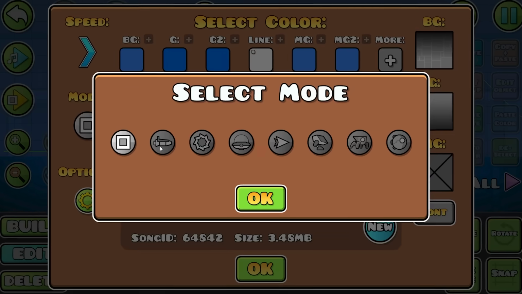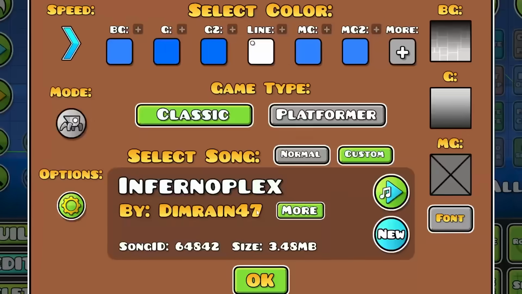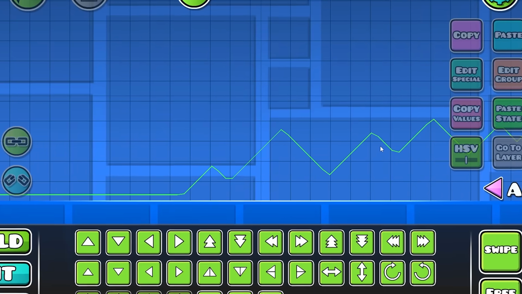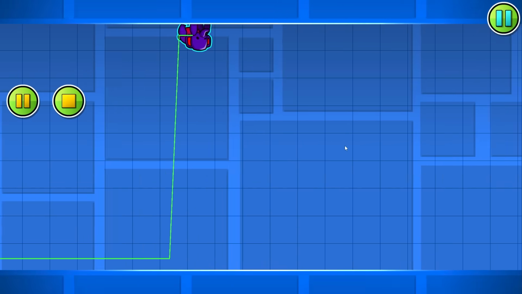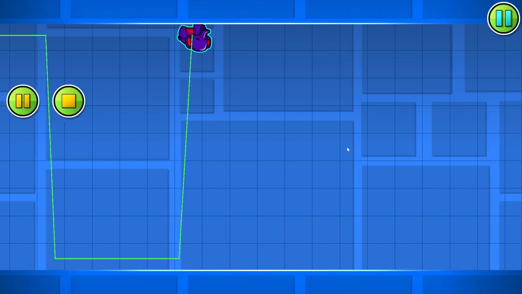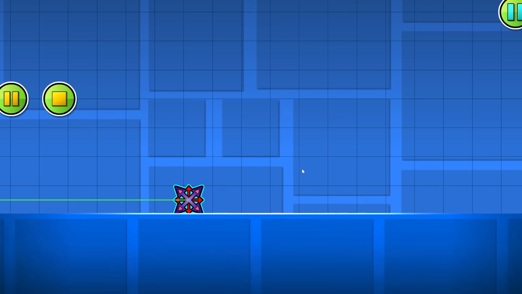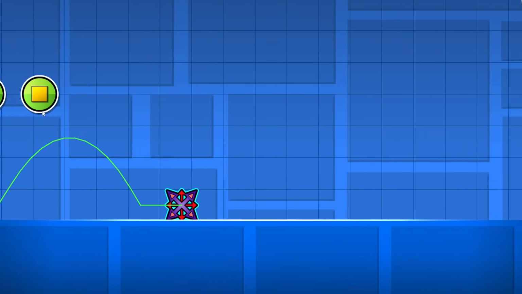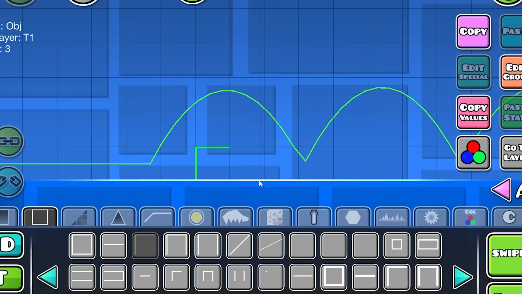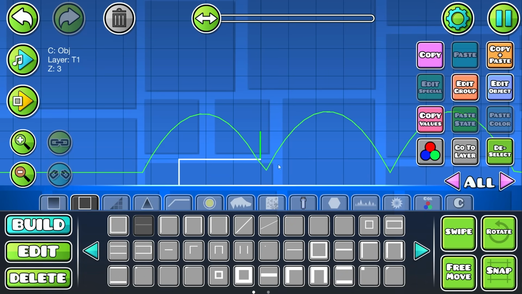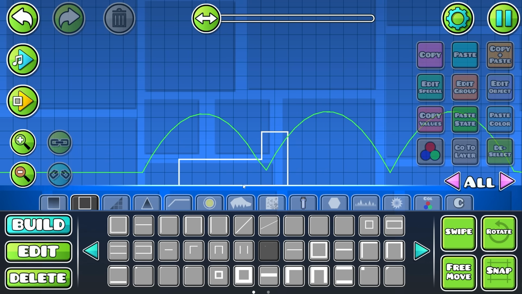game mode. Let's say we do, what is a good game? I think Spider would showcase this pretty good, so I'm just gonna click on enter, and now it's simply gonna play the inputs, but in a different game mode. So what this means is that if you choose the icon, he's simply gonna start jumping, and it seems pretty random at first, but now we can basically build our own level based on the clicks that I did